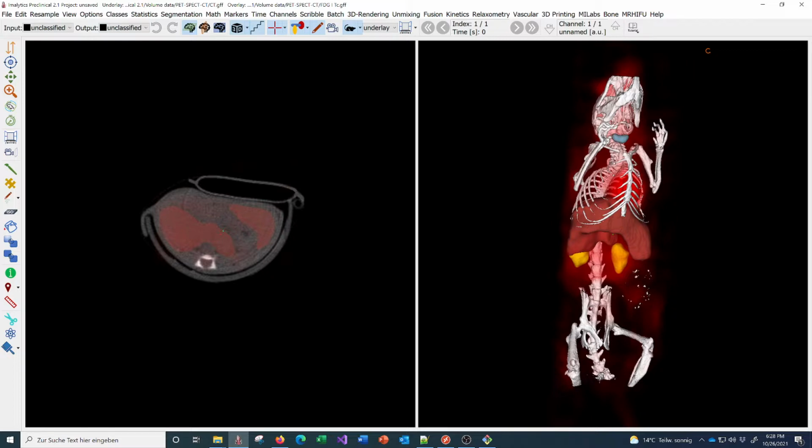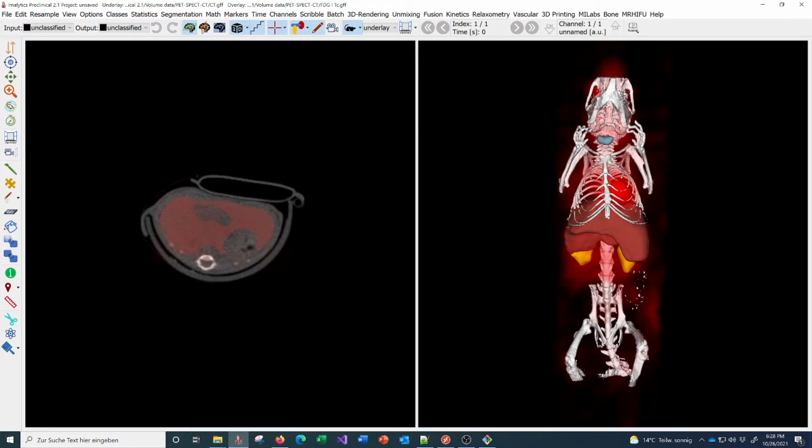This software is meant for multimodal image analysis of preclinical image data. Here you can see an example of a micro CT scan of a mouse, and we have an FDG scan here in red and a segmentation. In the overlay we also have multiple channels, for example an iodine tracer here, and here a tracer that accumulates in bones and the liver. That's technetium, a SPECT tracer.